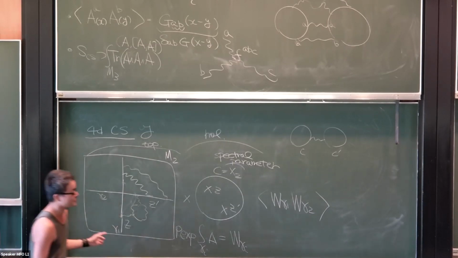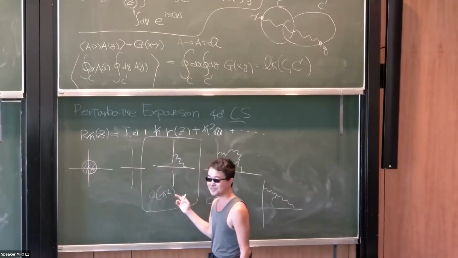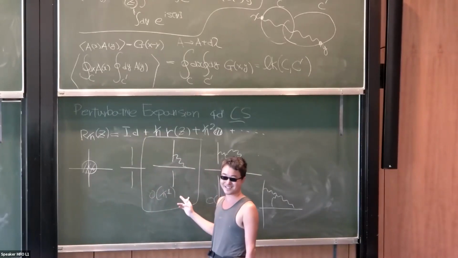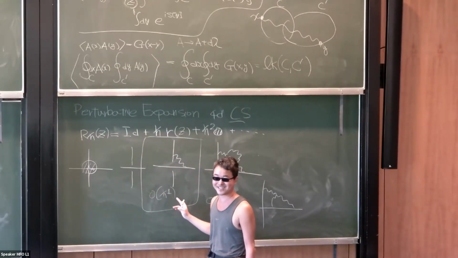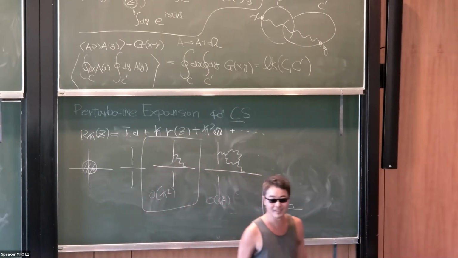But in the first order, the leading order, this is the only diagram. The simplest diagram you can ever think of, and there's a single diagram. So we are very lucky that you just evaluate it. That's it. So this formula is for the first order, or is it from?